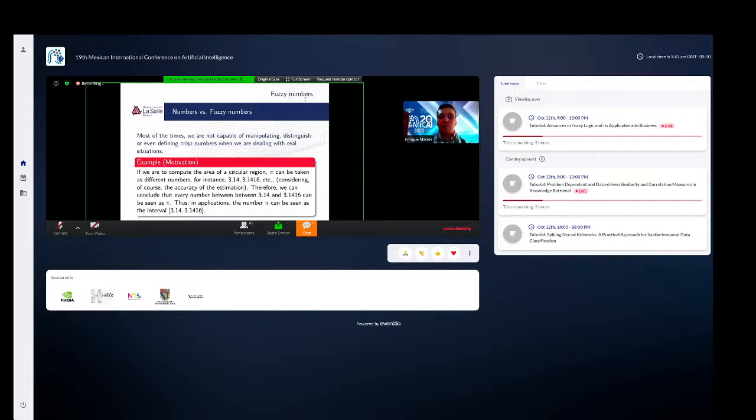So what can we do? We usually approximate. So instead of using pi as the irrational number, we use an approximation, for instance, 3.14